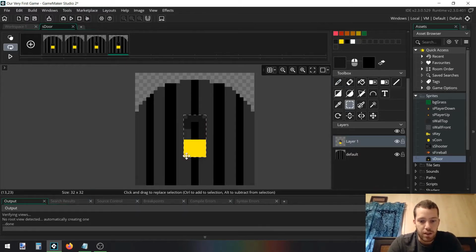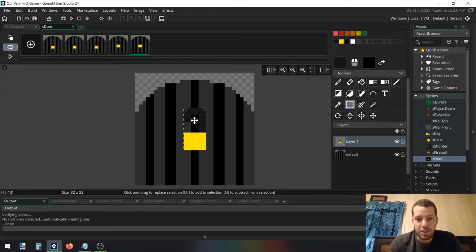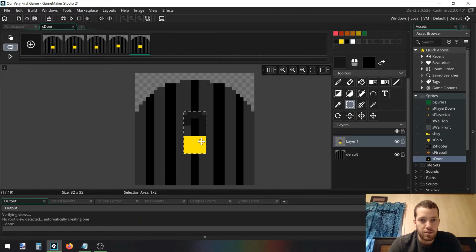I'm going to make the lock do a little hop, just like that. Copy this frame, paste it, and this is just basically doing a super simple animation. So unlock, pop, up, and then it'll hang in the air for one frame, then down,